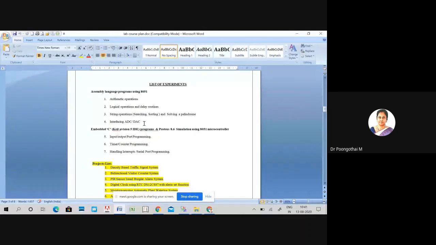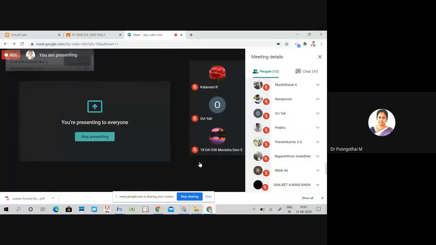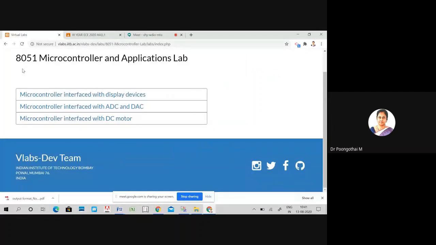And the fourth and fifth experiments will be interfacing experiments such as ADC and DAC, analog to digital converter and digital to analog converter. For that, we are going to use Virtual Lab, which is developed by IIT Bombay. So this is the website for Virtual Lab.